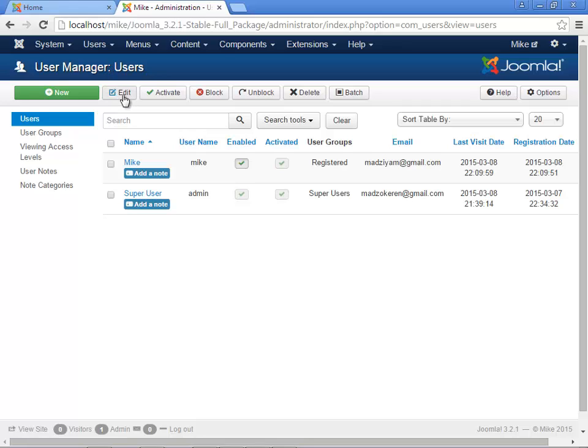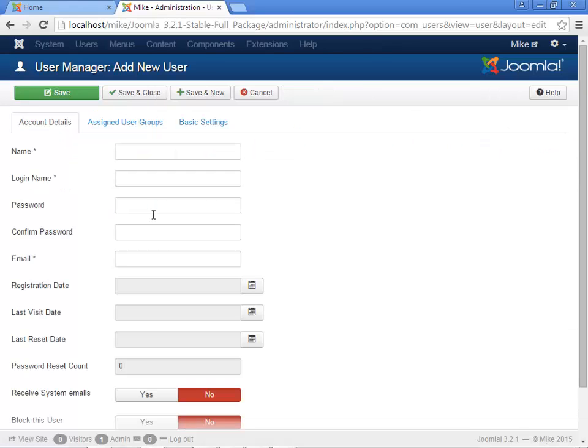The first thing is the edit, activate, block and unblock, delete and batch. One thing that we have to know is, okay, let's just create another user. Okay, computer is very slow. So alright, I'm just gonna name him